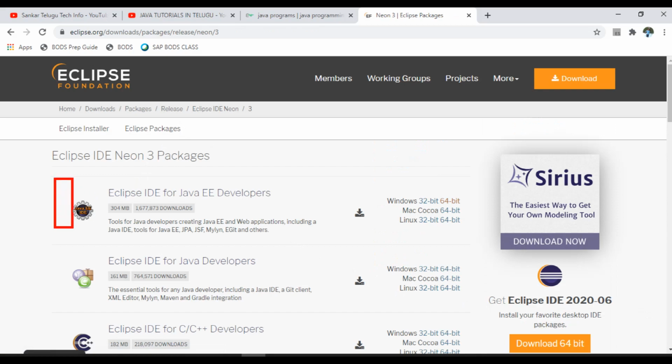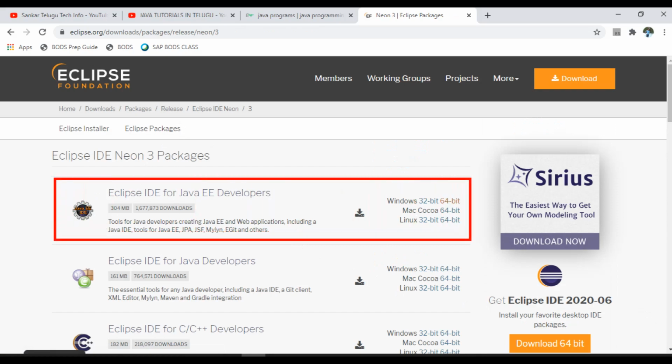You can observe here that we need to download Eclipse IDE for Java EE Developers. This IDE is used for Java applications as well as web applications. IDE means integrated development environment. It provides some kind of shortcuts while developing a project, and we are able to maintain it easily. That's why we are using an IDE. For beginners, my suggestion is that they first practice a few programs in Notepad, then migrate to an IDE.